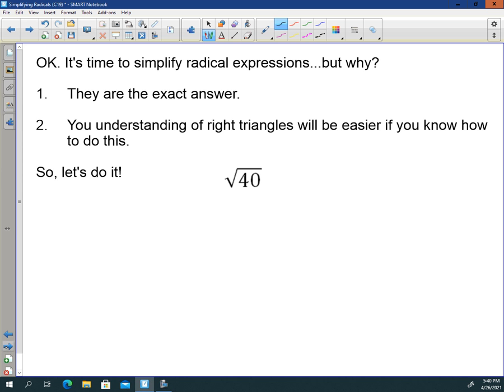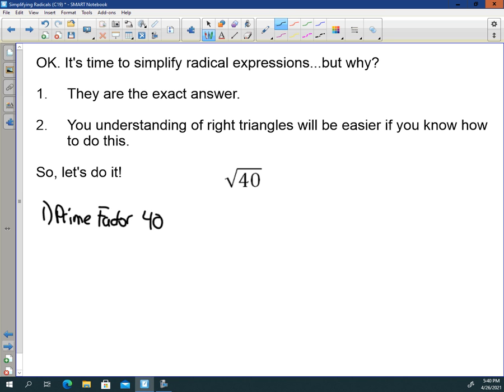Okay? So here I have the square root of 40. Now, if you pick up a calculator and you just pop in the square root of 40, what you're going to get is 6.324555532, which is not the exact answer. It's not. Instead, what I want is to break this square root of 40 down so that I have the exact answer. So the first thing we're going to do is we're going to prime factor